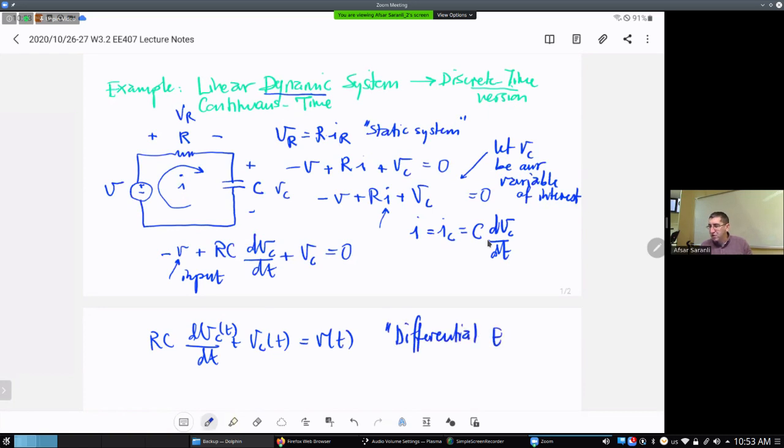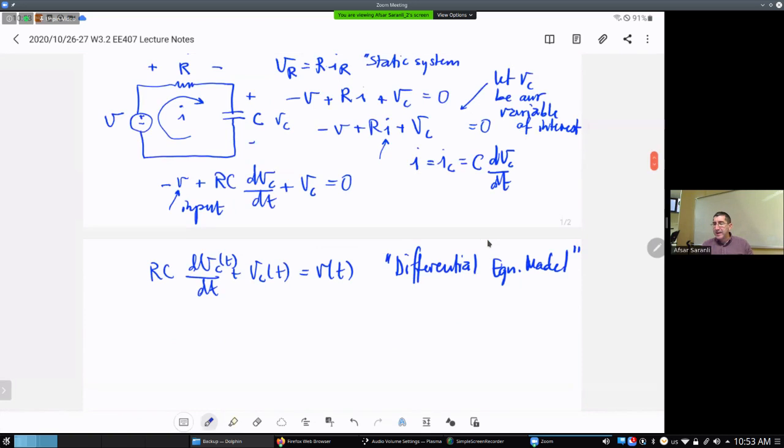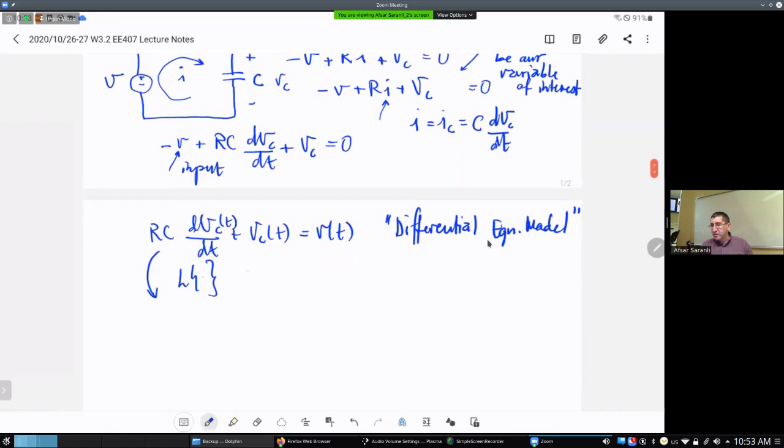Differential equation model. So it's a dynamic system. It is a linear system, and you can prove it by applying the principle of superposition, whether it holds or not. And I can obviously also move on to the Laplace domain if I want to develop a frequency domain representation. So Laplace transform with initial rest assumption,